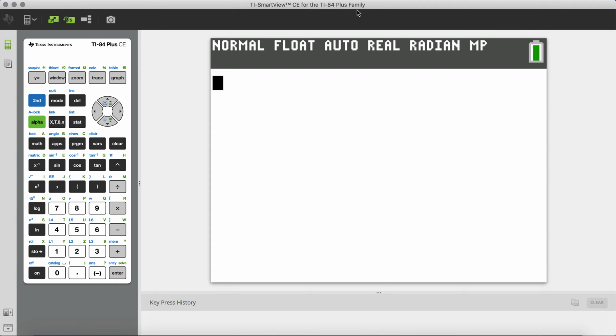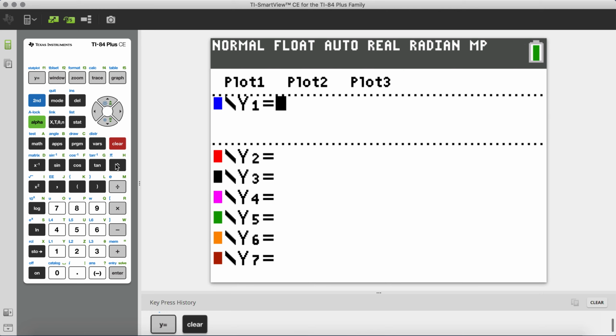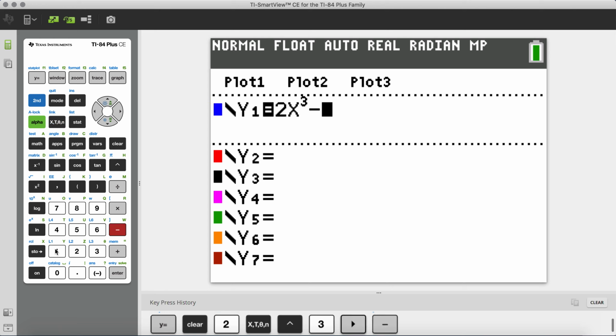Alright guys, so this first video from skill check number 2 is going to be about the first graph, and that's questions 1 through 6. So we first need to go to our y equals, and we need to enter in that equation that we see. So the equation is 2x cubed minus 10x squared plus 2x